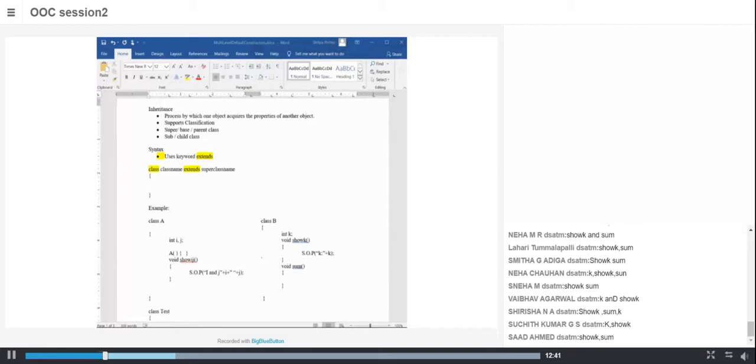When I say B inherits the properties of A, it means B shares all the members of A. Now the members of B become I, J, show ij, K, show K, and sum. Now class B has 6 members. Did you understand?